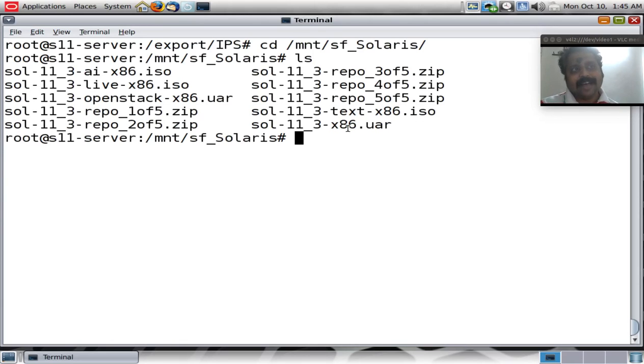I don't have the Korn shell script here, so I would probably download that and keep the Korn shell script also, so that I could use that Korn shell script to perform the repository stitching there. So I hope the files are available for us. Now what is pending is the Korn shell script, which we will download in a minute, and then we will get going.